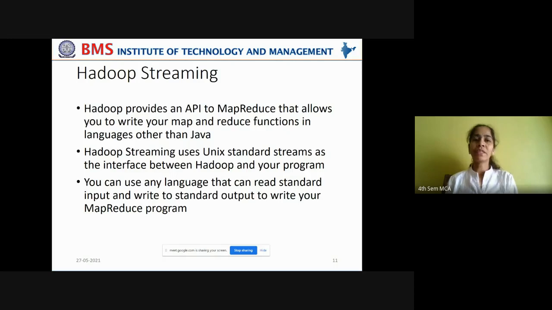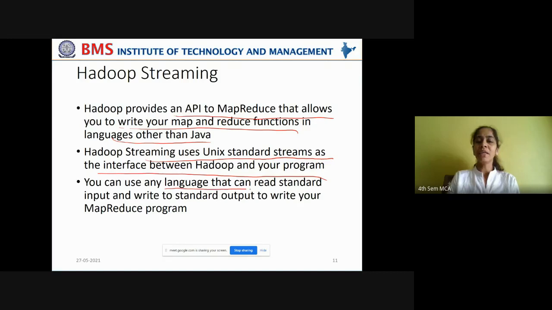Now, we have also seen how Hadoop streaming provides an interface to write MapReduce functions not only in Java, but in various other languages like C, C++, Ruby, and Python. Hadoop provides an API to MapReduce that allows you to write your MapReduce functions in languages other than Java. Hadoop streaming uses Unix standard streams as the interface between Hadoop and your program.